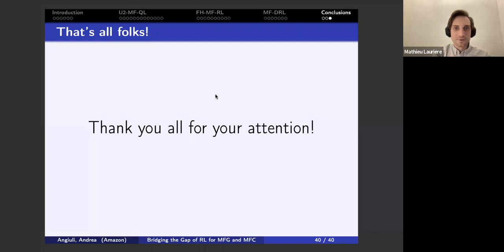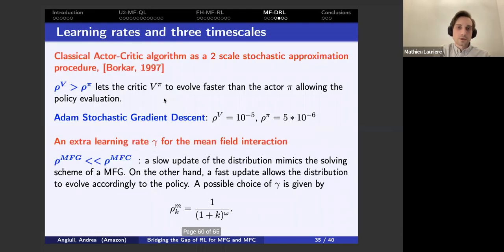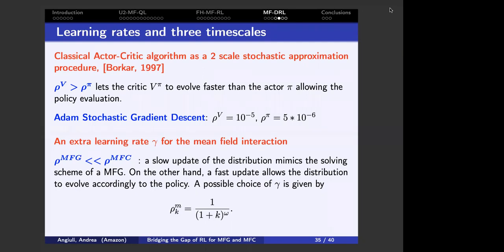Okay, I have one small question about the learning rate in the 3-scale approach. So you use the same learning rates for mean field gain and mean field control for the top part. So for the actor and the critic, you use the same learning rate. Okay, and so the only thing that changes is the rate for the distribution. Yes, correct. So for now, we are using the same learning rates for the 2 networks, and